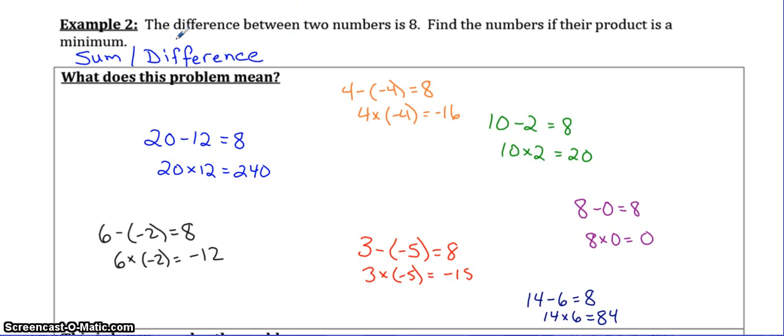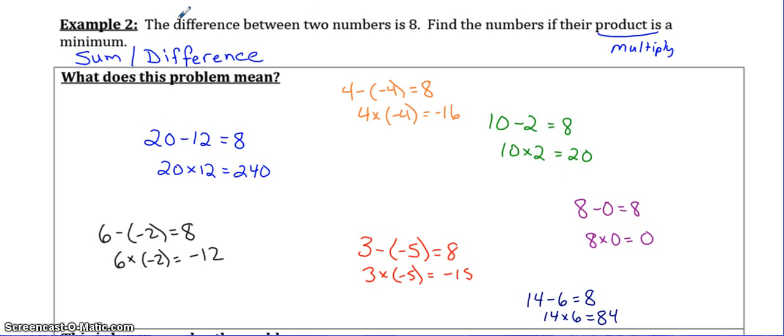So the question says, the difference between two numbers is 8. Find the numbers if their product is a minimum. So here's what this means. There are infinite pairs of numbers whose difference is 8. So 20 minus 12 is 8, 10 minus 2 is 8, 8 minus 0 is 8, 6 minus negative 2 is 8, 3 minus negative 5 is 8. But if you take their product, which means to multiply,